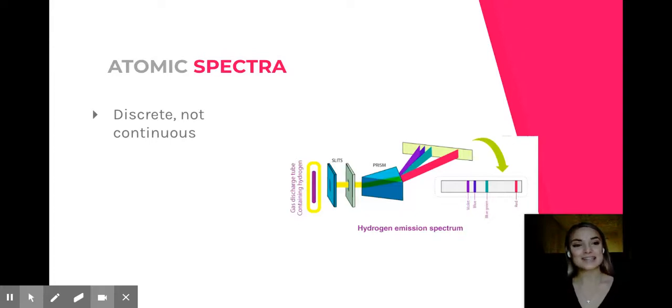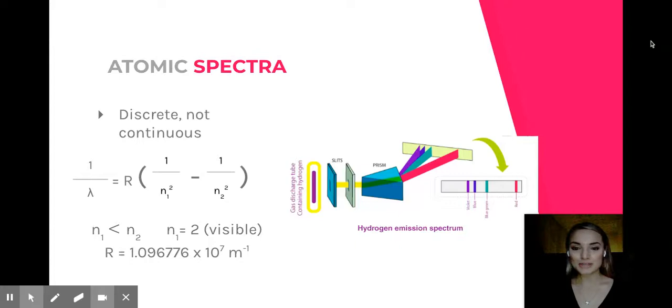Scientists are able to use data to come up with this equation, to explain and to predict where those wavelengths will be. So 1 over lambda, or 1 over the wavelength, is equal to R times 1 over n sub 1 squared minus 1 over n sub 2 squared, where n sub 1 is always going to be less than n sub 2, and n sub 1, if we're looking for the visible light,